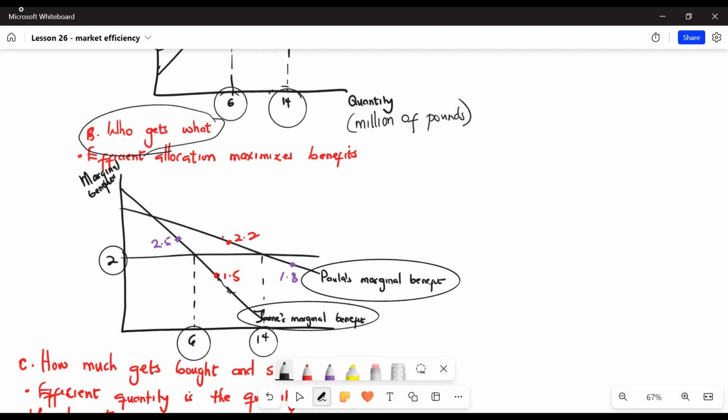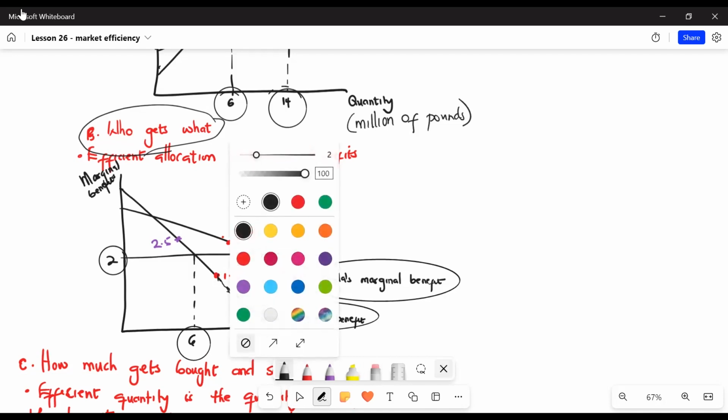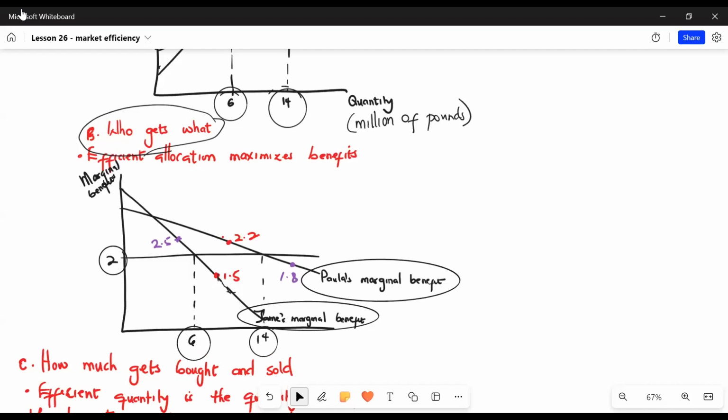Giving James fewer apples and Paula more apples will be inefficient. This is because Paula's marginal benefit from extra apple is less than 2. So in this example, Paula's marginal benefit from extra apple is just 1.8, which is less than 2. However, James is foregoing apples from which he could get a marginal benefit that is greater than 2, which is 2.5 in this example. Alternatively, giving Paula fewer apples and James more apples will also be inefficient and will reduce